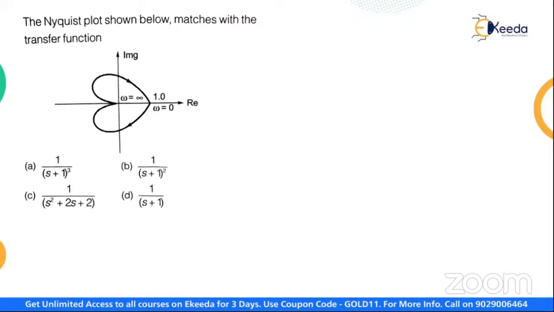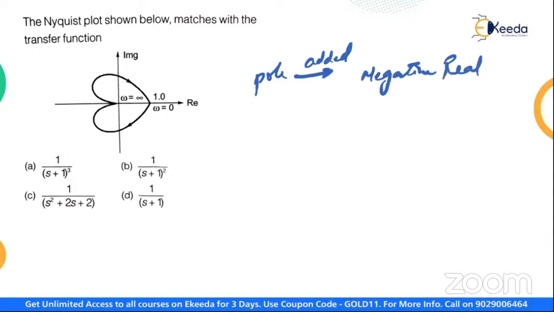Whenever a pole is added at the negative real axis, the tail of the polar plot or the Nyquist plot remains at the same position,